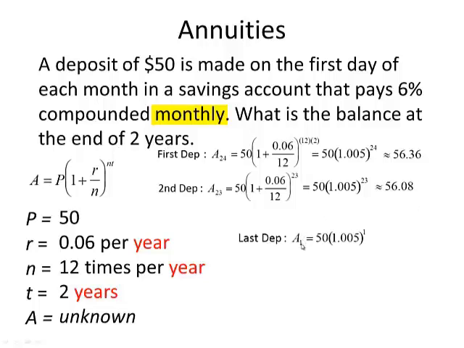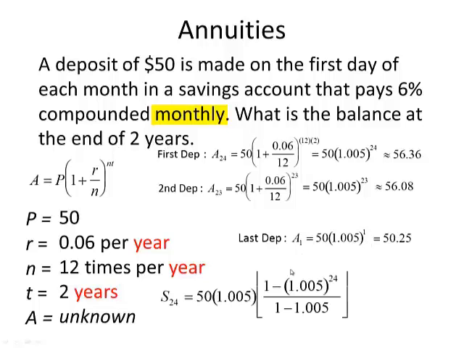So as long as you get the last payment, the one that's been sitting in there for only 1 month, is 50 times 1.005, which is all of this here. Okay, all of this here. Now that's really the common ratio of your geometric sequence. That's going to be in there for 1 month. Compounding formula, this formula here,